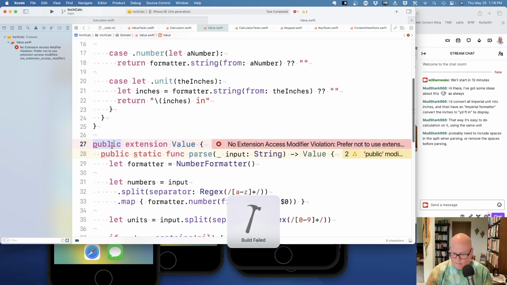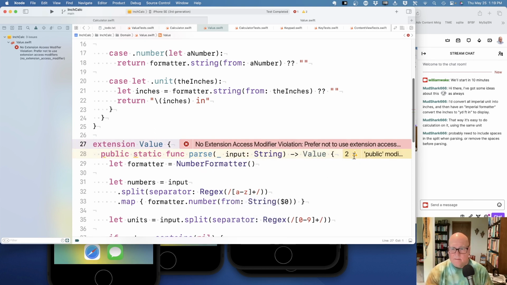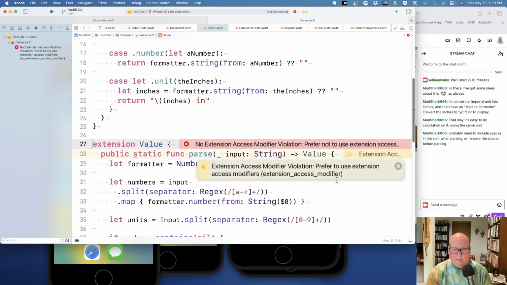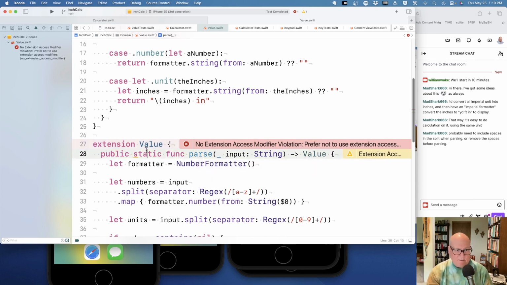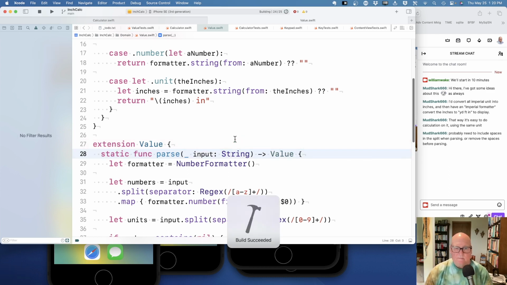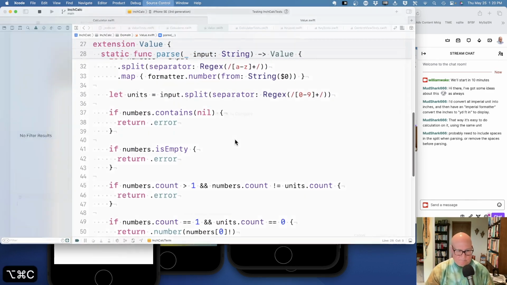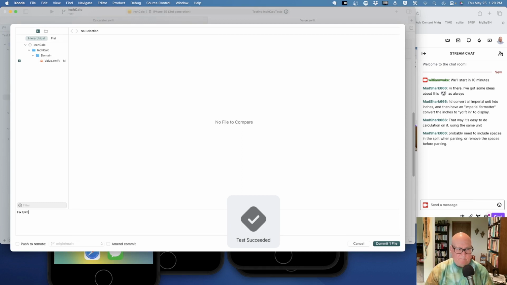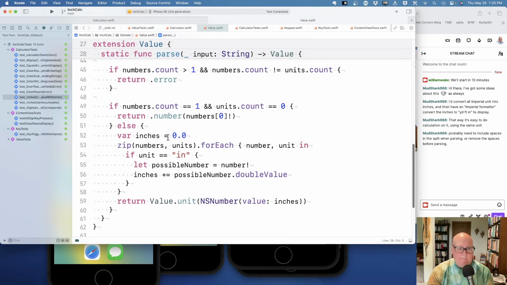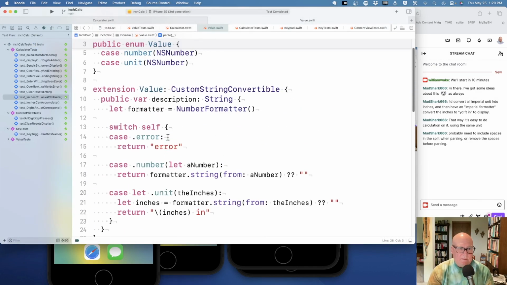No. It was redundant for static. I didn't know that. Okay. All right. So